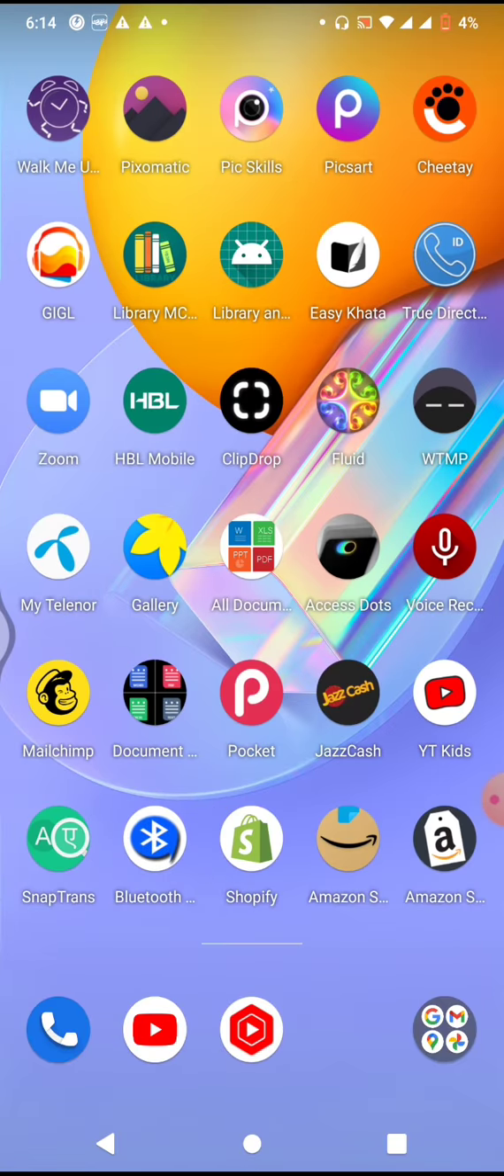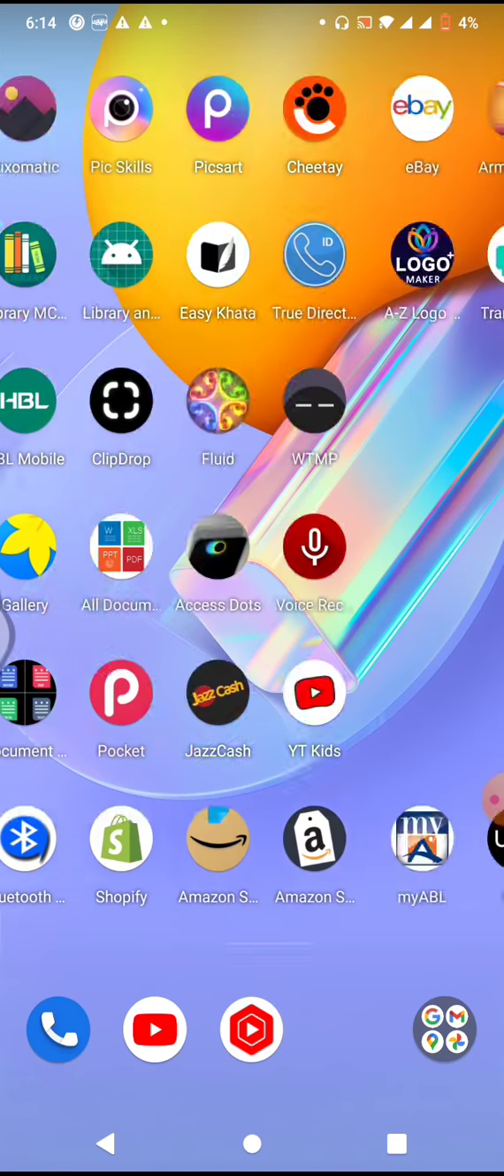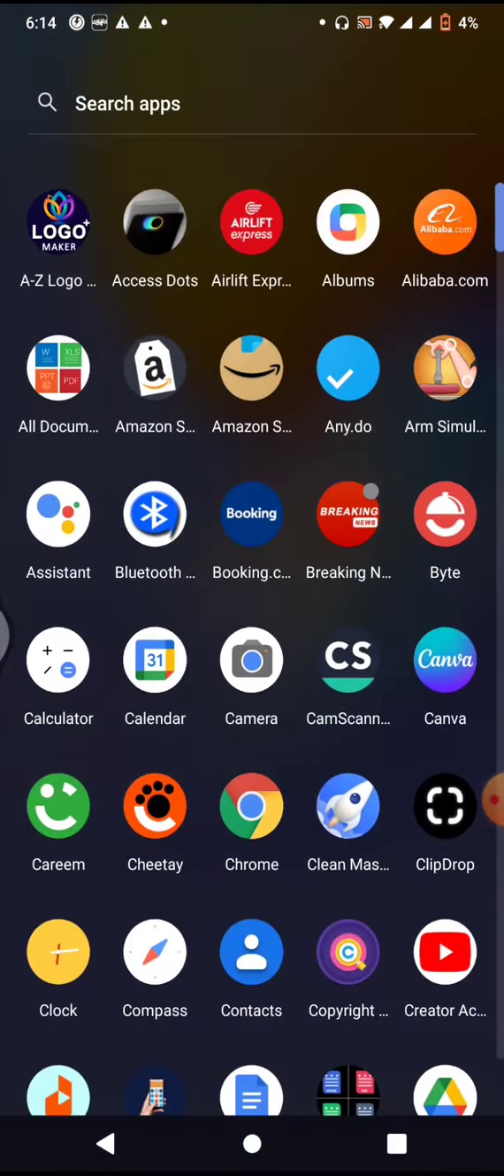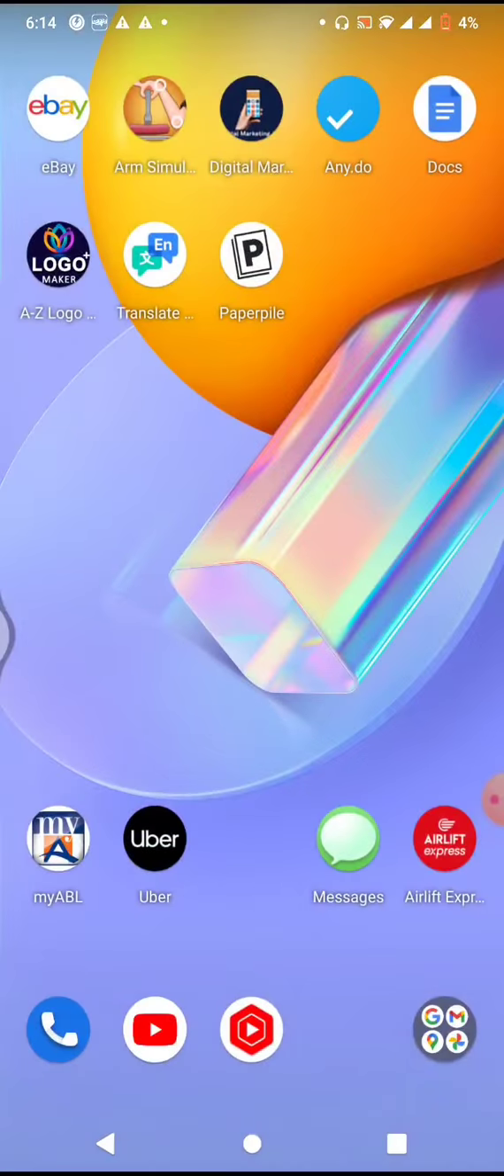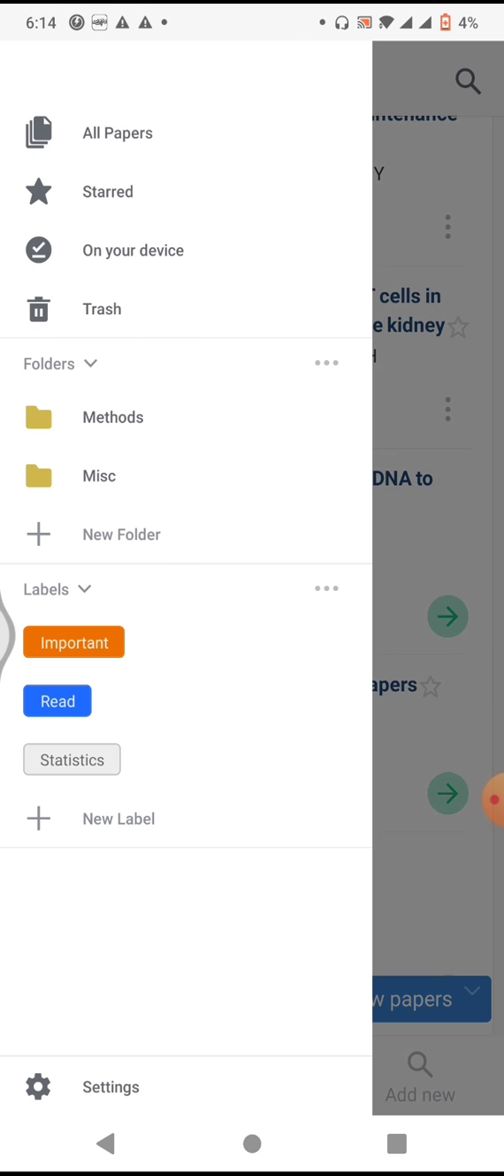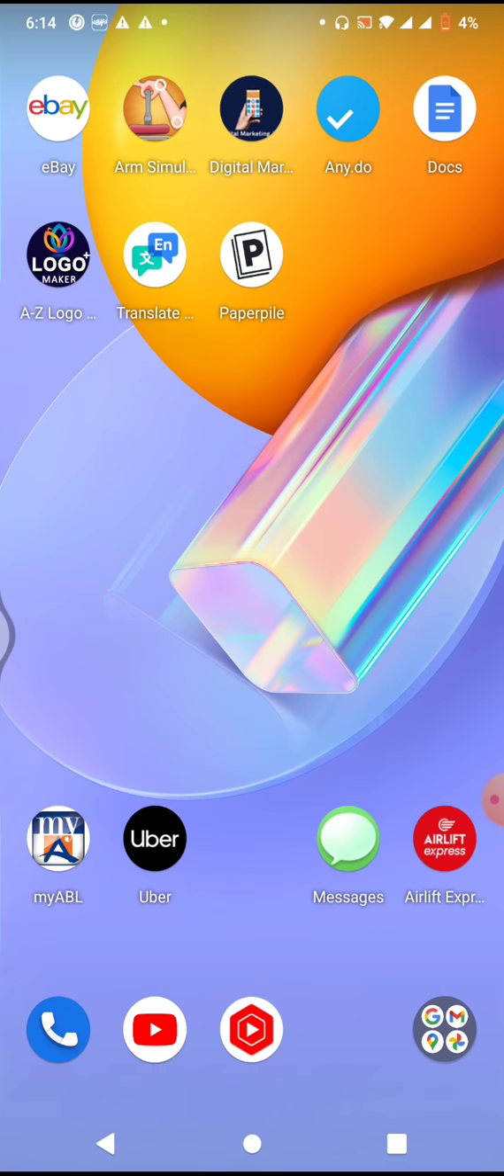We will learn today about the app that is Paperpile. I have downloaded it from my Play Store, so you can also download it easily, and this is the Paperpile app. So what is in this app, what you can do here is that this app is about managing your